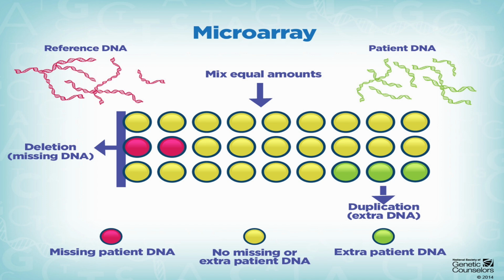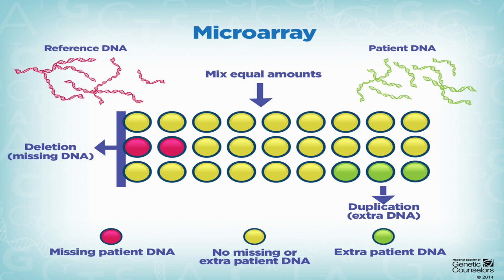A scanner then detects the fluorescent signals from both the patient and reference DNA. By comparing the signal intensities, the analysis identifies any regions where genetic material is missing in the case of deletions, or duplicated in the case of duplications. Overall, CMA provides a more detailed view of the genome, giving clinicians the ability to detect genetic disorders with greater